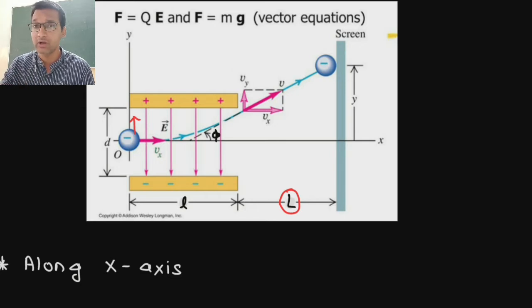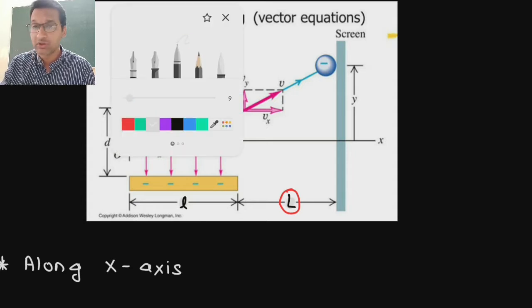So this is what we are trying to find out: how high the charged particle will strike the screen. This is the same principle with which the olden TVs, the cathode ray TVs used to work, and the same principle with which your CRO, cathode ray oscilloscope works, which you have used in the previous classes. Okay, now let us start with the derivation.